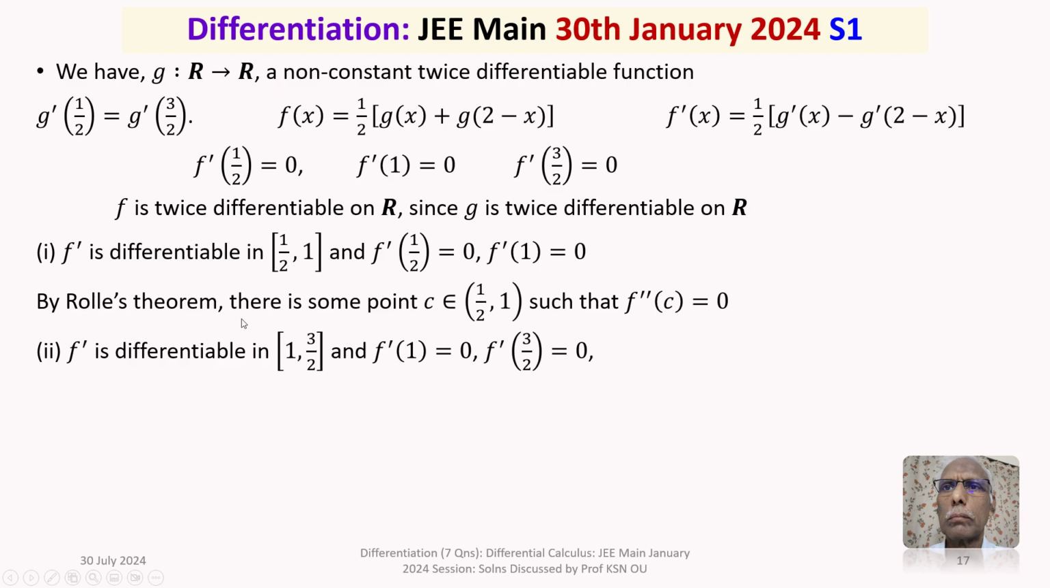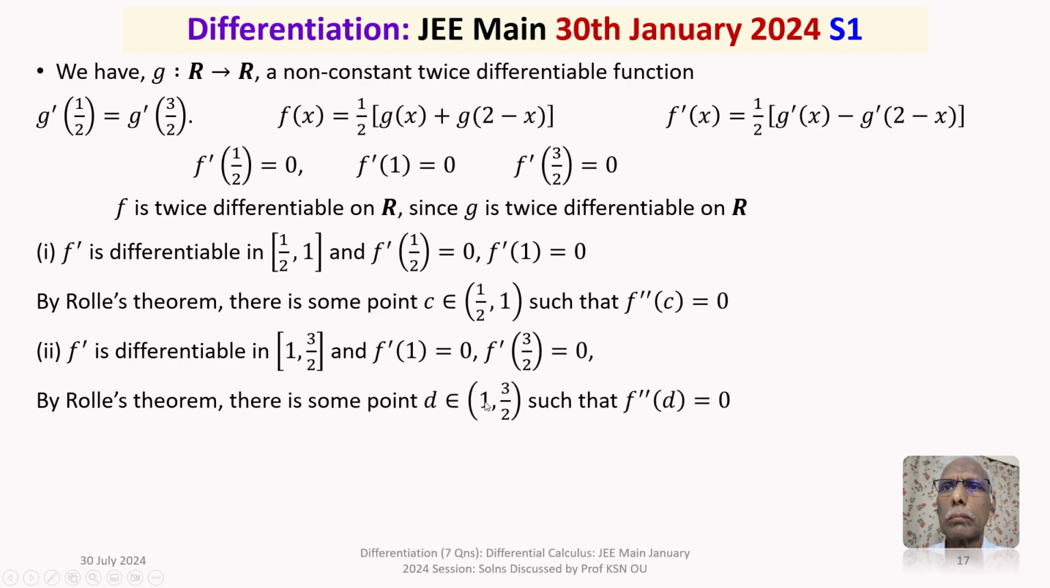So, by Rolle's theorem, there is some point d in the open interval 1 comma 3/2 such that f double prime d is equal to 0. Agreed. These are the facts that we got. Let's get into